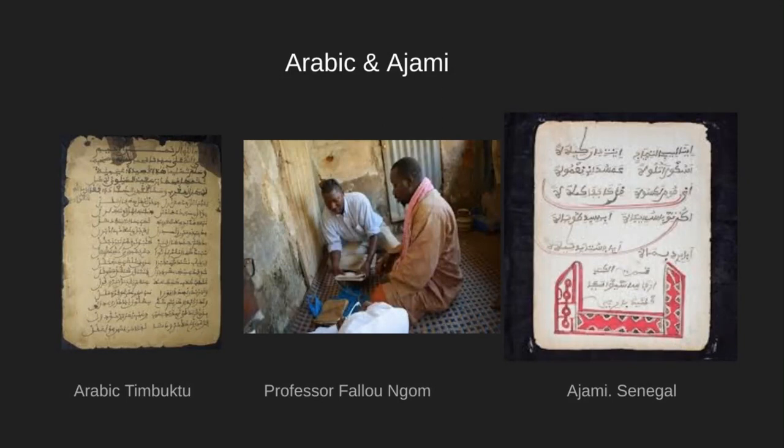Now, when the French, for instance, colonized West Africa, they dismissed much of this writing as bad Arabic, simply because they weren't able to read it. In fact, it's just as complex. I mean, for instance, Latin. From the Latin alphabet, we get the French alphabet, we get the Italian alphabet, we get the Spanish alphabet. A person might be able to read Italian and not be able to read Latin or French, but they have the same common historical origin.